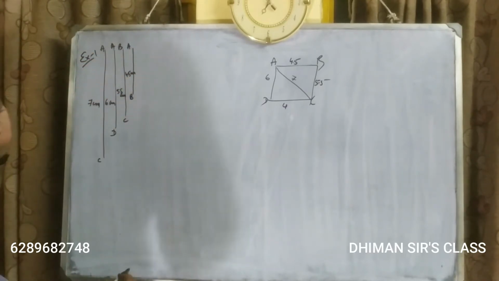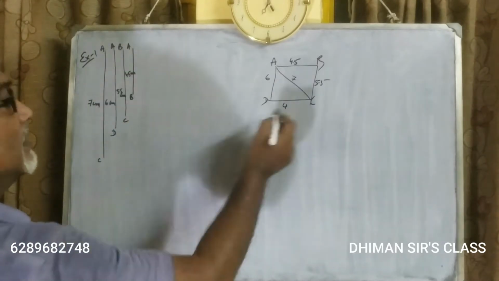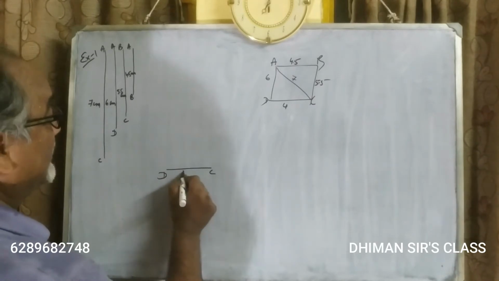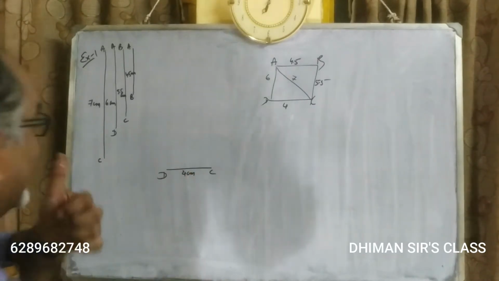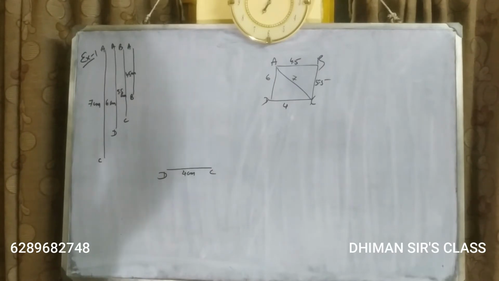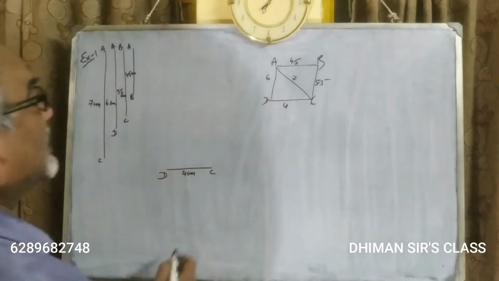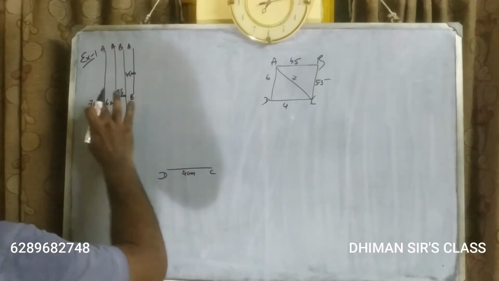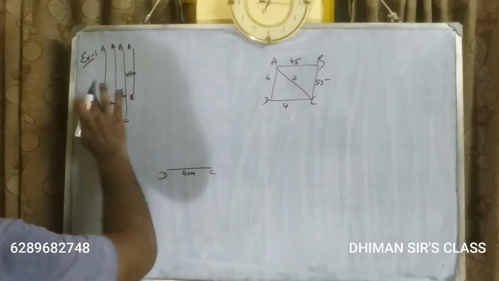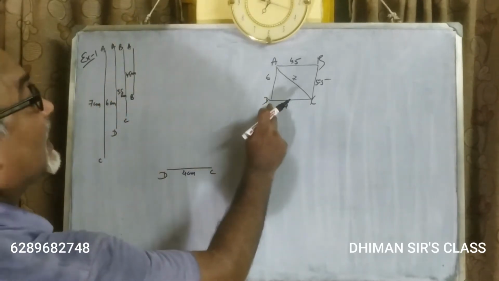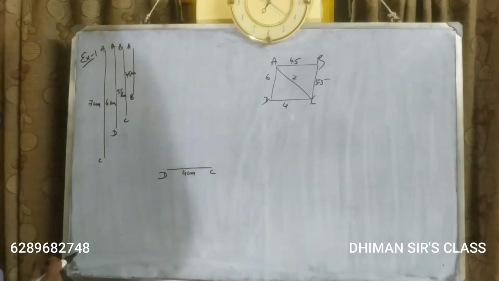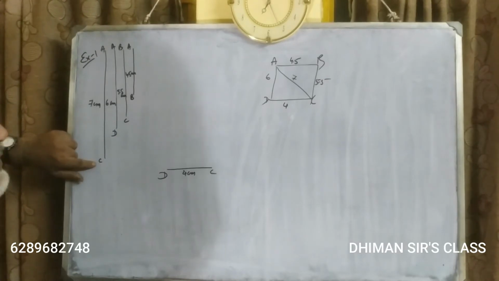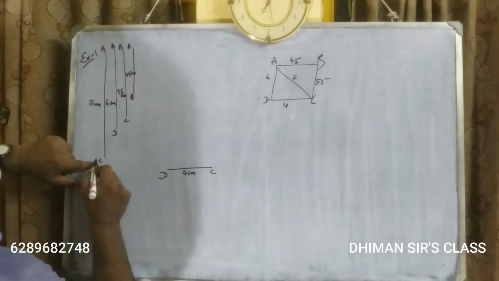Okay. Now, sir, DC you have not done. Directly I will do it. DC 4 centimeter. DC 4 centimeter I will directly write down here. Okay. Now, we are given DC, we have done. Now, we will have to choose one line from these four that contains either D or C. So, D or C. This one is C. Okay. Let us see. A, C.